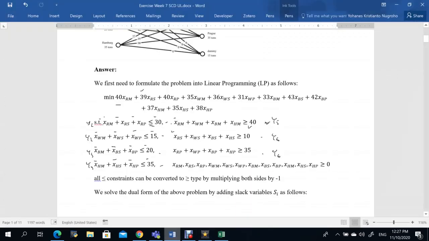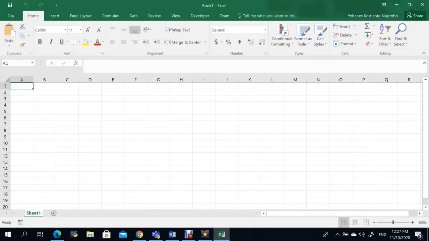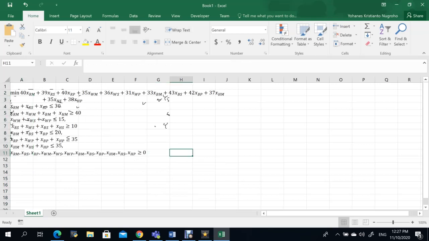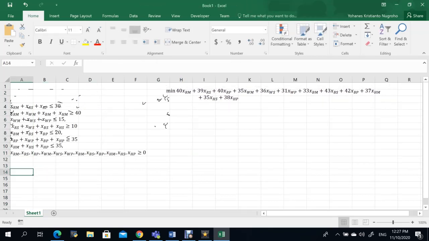And afterward, we need to bring all of this equation into Excel solver. All right. And we have 1, 2, 3, 4, 5, 6, 7, 8, 9, 10, 11, we have 12